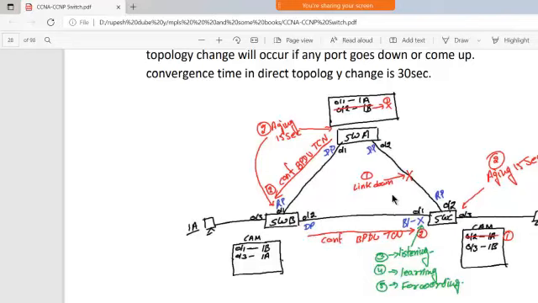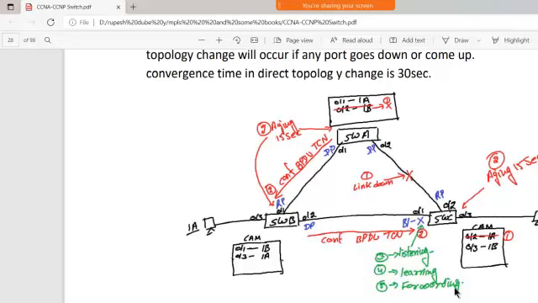So the block port is a kind of backup port of a root port, right? You can say that the block port is the backup port of the root port. If my root port goes down, then the backup port will take the place of the root port. Okay, so over here, this is going to take the place of the root port because previously this was in the blocking state, right? And now this link is also blocked.